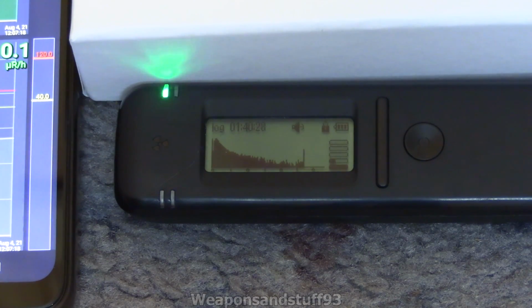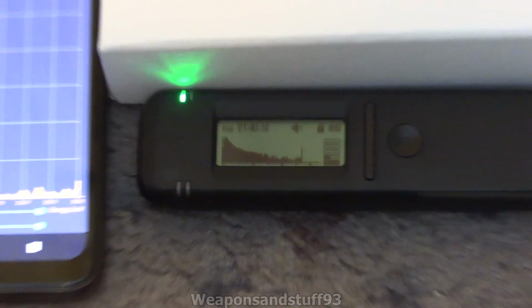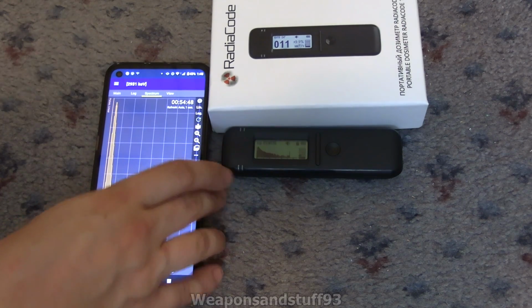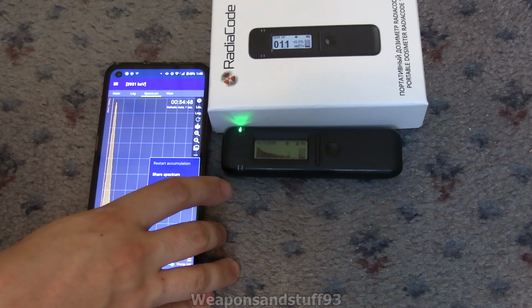So I can get the spectrum up here on my phone, which will make it a bit easier to see. There you go. There is the spectrum on my phone, if I zoom out. So what we can do now is reset the spectrum. If I click here, hopefully this is all still in frame, I can press here using their app, and I can...